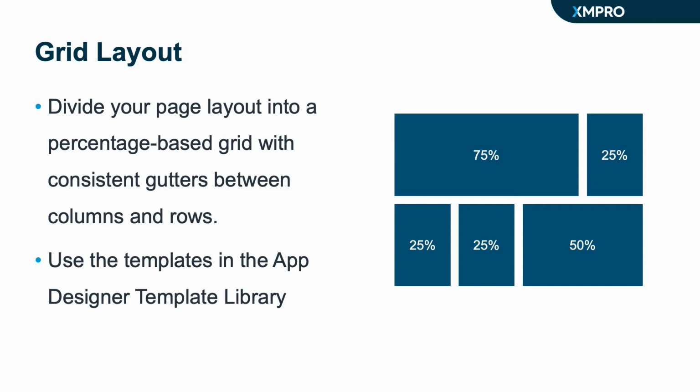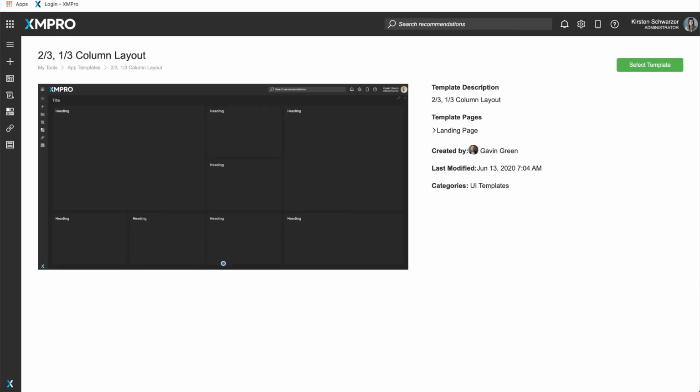to work within. So using grids to give structure to your design is an age-old practice that comes from the world of print media. It does take some practice to fit your UI elements into these percentage-based columns, but eventually you will get the hang of it. And until you do, XMPRO has some useful templates in the App Designer library that you can use to give